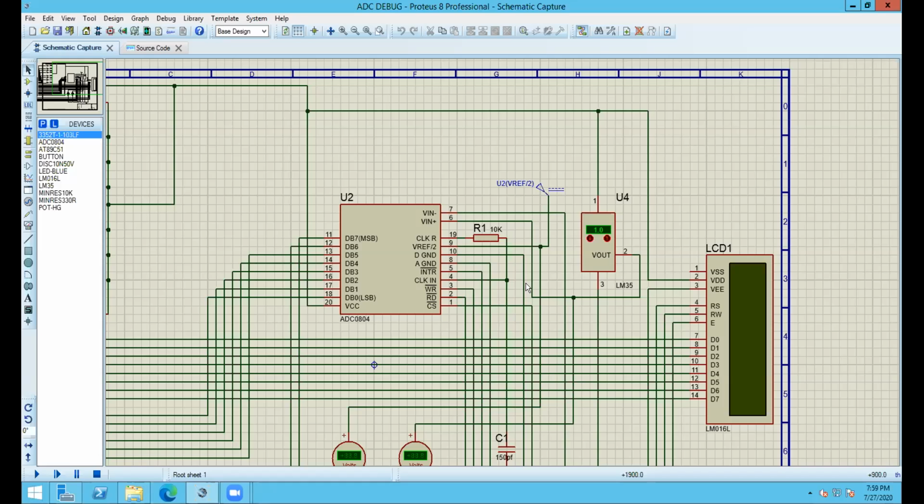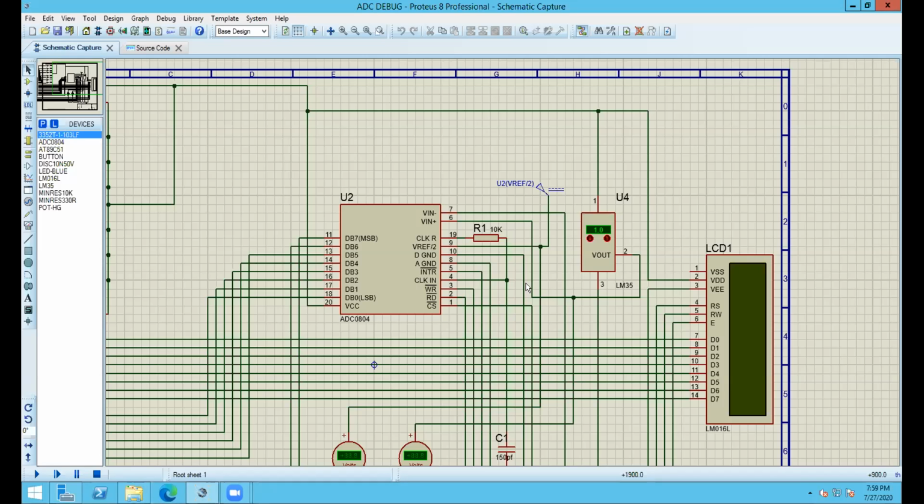It's simple. The range we are varying the input in, we have to just cut that range by 2 and put it in Vref by 2. In the ideal case. In the practical case, you may have to change a potentiometer. You have to calibrate it. It goes somewhere between 0.4 to 0.9. I can't remember, but in the ideal case, Vref by 2 is as simple as the total voltage that we are going to measure by 2.